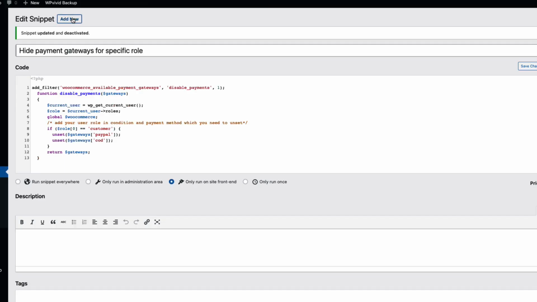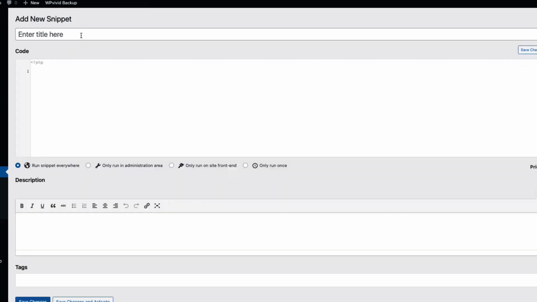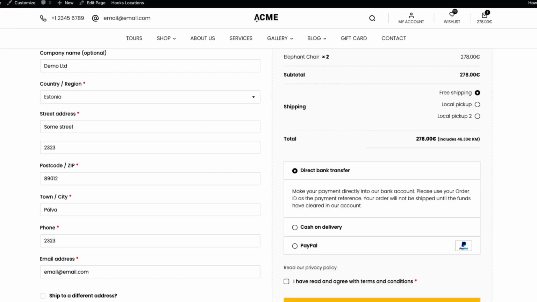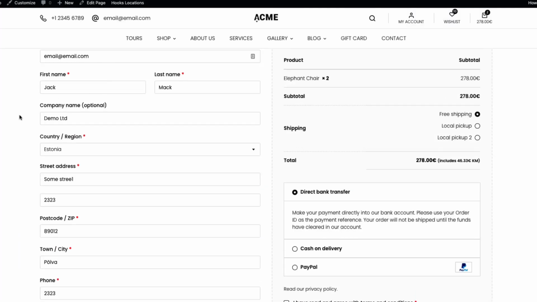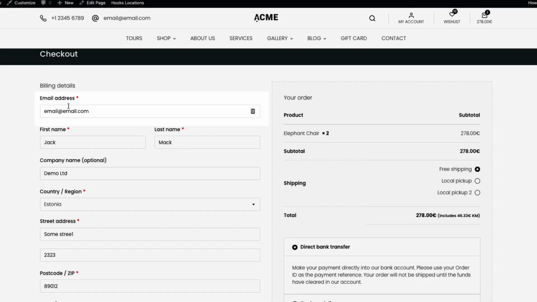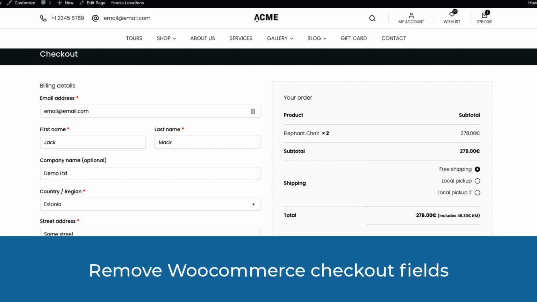Hence, I'm gonna add a new snippet, give it a title, paste the snippet. So only run on site front end, save changes, refresh, and there it is. Email address on top. Since we already are messing with the checkout fields, let's remove some of them,